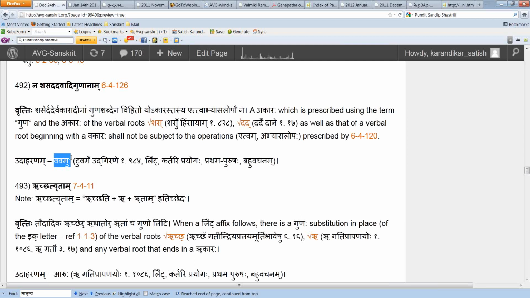Now technically speaking, according to Panini's rules, the form should have been Vava Muhu. So you may see once in a while, of course, that the rules of Panini are not followed exactly. And this is an example of that: in the Devi Mahatmyam, the form Vemu has been used. That should not be so according to this sutram, because this says